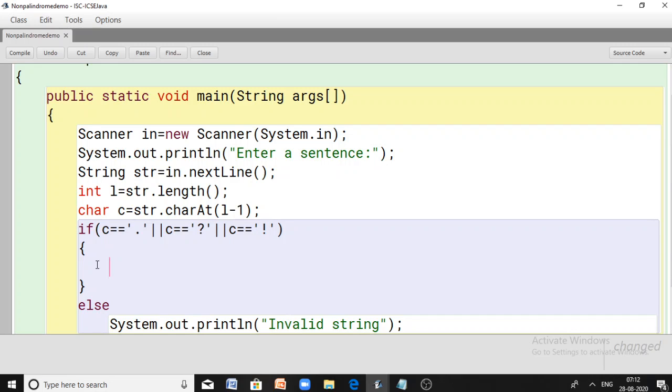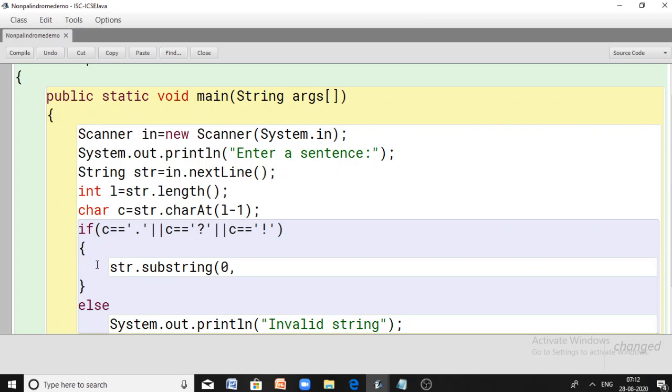I am extracting the substring from the given string from the first character till the last but one character. For example, I can call str.substring(0, ...), where 0 is the index of the first character. Then I don't want the last character, because the last character is a termination character that is not part of the word.